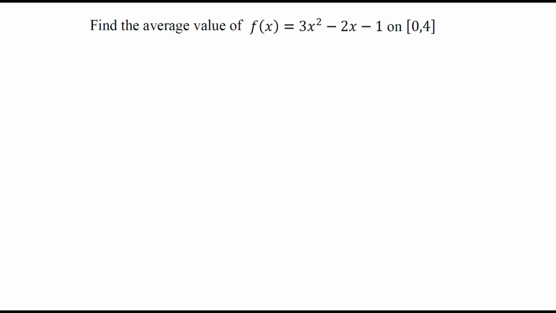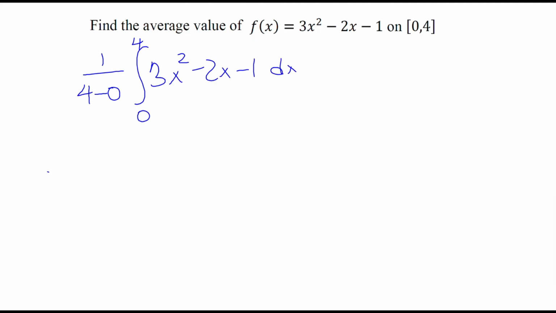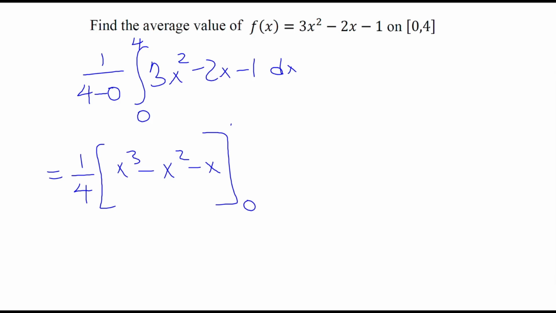All right, for our next one here, we're looking for the average value of 3x squared minus 2x minus 1 from 0 to 4. So we'll use that same formula, 1 over b minus a times the integral from a to b of our function, 3x squared minus 2x minus 1. So we have 1/4 of x cubed minus x squared minus x, all done with the power rule, from 0